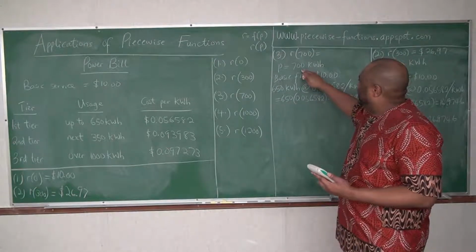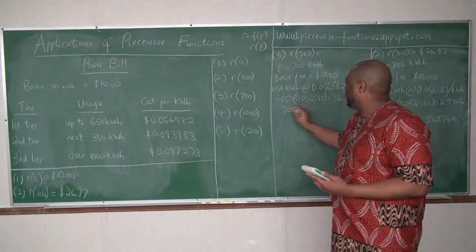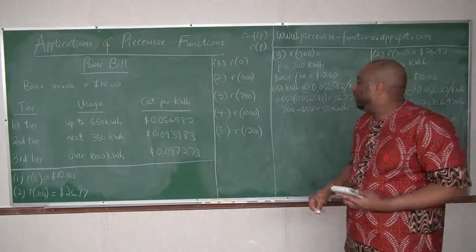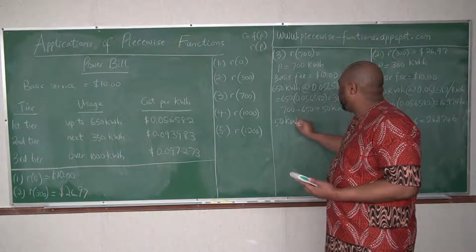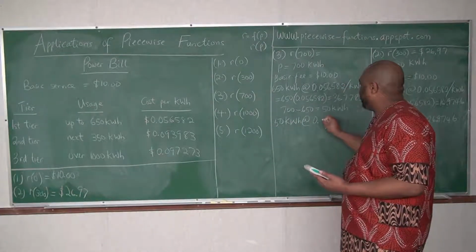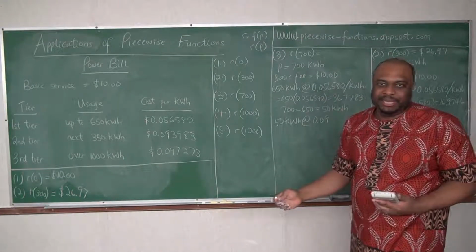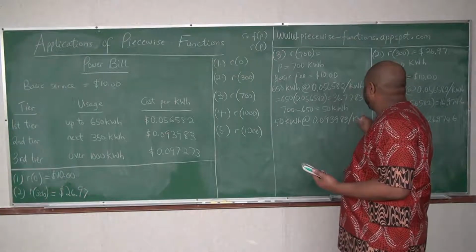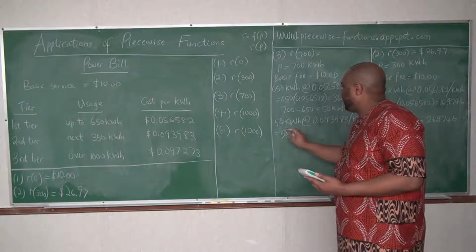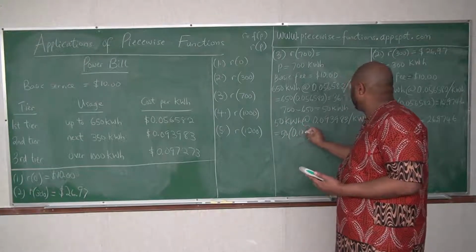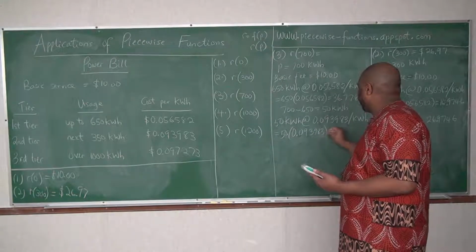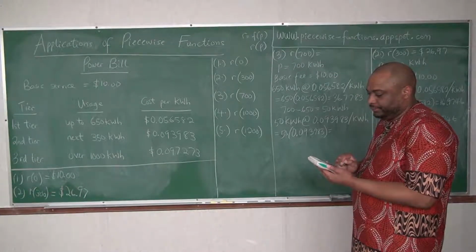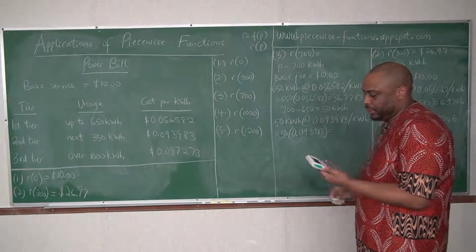Then the remaining, okay, 700 minus 650 is 50 kilowatt hour. So this remaining 50 kilowatt hour will be charged at, it will now fall in the second tier at 0.093983 per kilowatt hour. And that gives us 50 times 0.093983. So we do 50 times 0.093983. That gives us